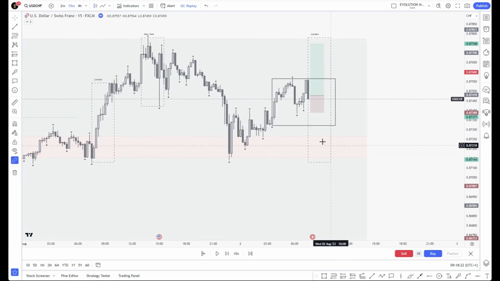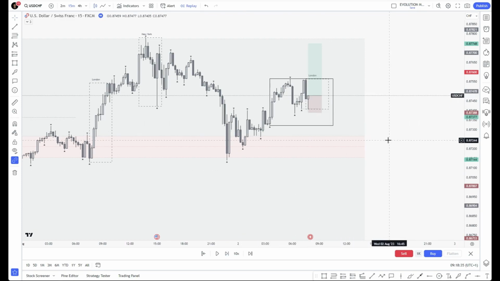Strong follow through. Looking for buys. We can take external range liquidity or we can take internal range liquidity. So the most recent fractal low is here. Set an alert on this. As soon as that alert hits, and yes, it's not a 1 pip sweep, which is ideal, but you can